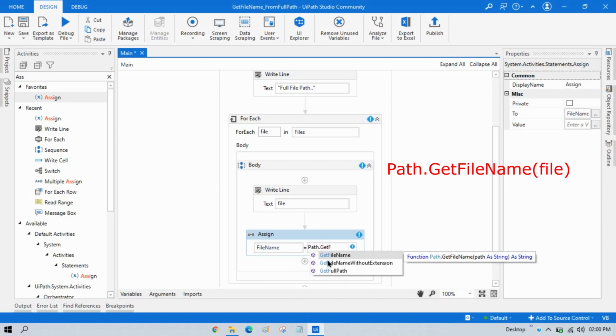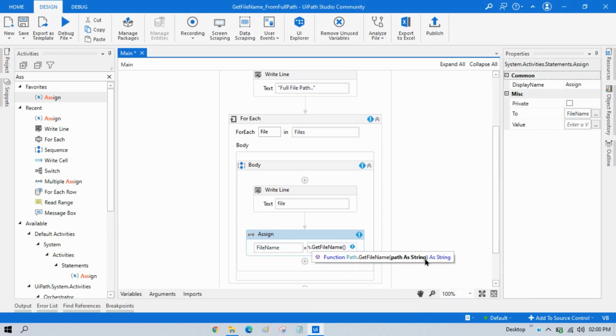Here you can see we have 2 options, GetFileName and GetFileNameWithoutExtension. I am going to put GetFileName here, and then we need to pass the path as a string. It means this file path, so we are getting it in the file here.